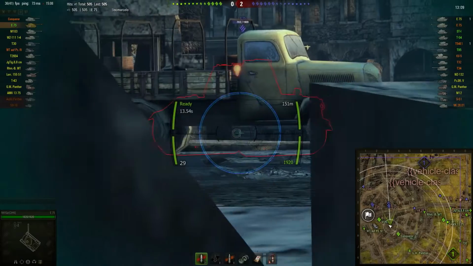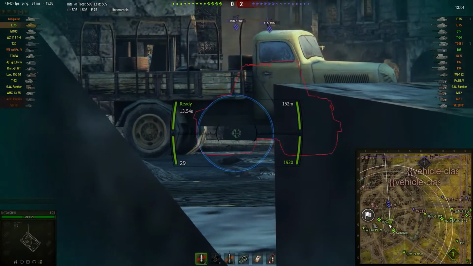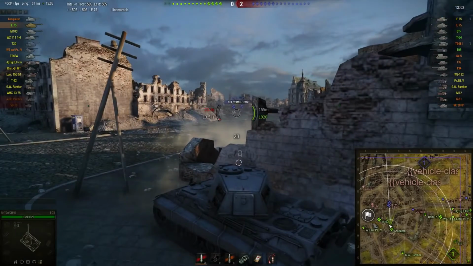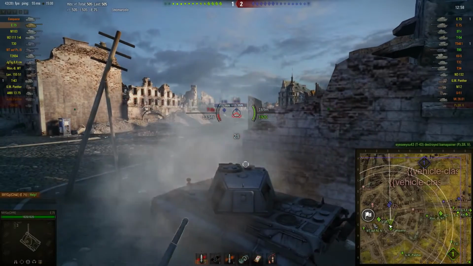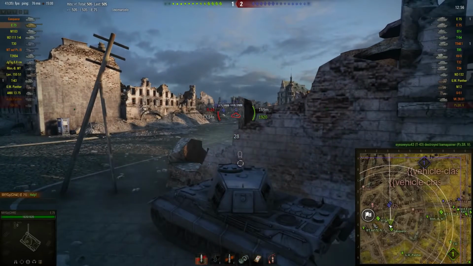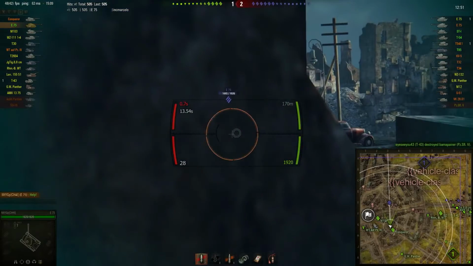But as it was, he decided to back off, and that's just going to allow MT to pick his shot here. E75 backs off, and he gets a great shot onto his tracks there. Unfortunate not to do a little bit of damage as well. He gets the shot and then backs off, which allows the Conqueror to have a shot as well. So at least they've got a little bit of backup now in the city in the form of this Conqueror,